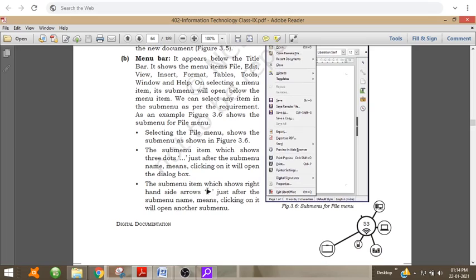If a submenu item shows a right-hand side arrow just after the submenu name, clicking on it will open another submenu. You can see here submenus having arrows. When we click on these submenus, it will open up again a submenu.